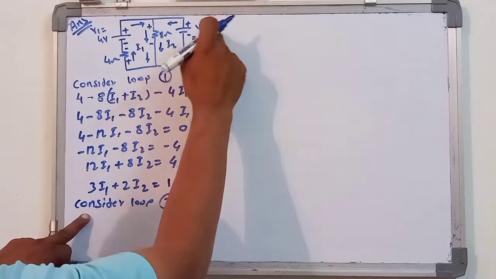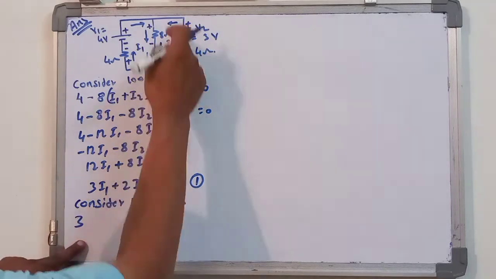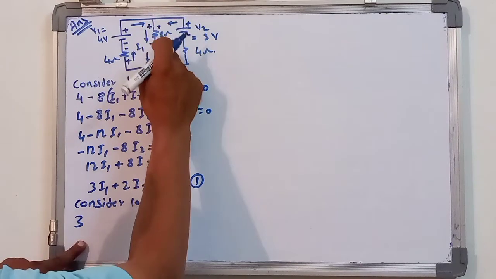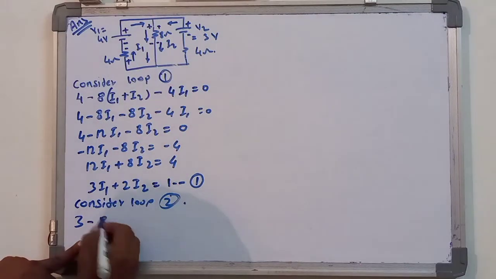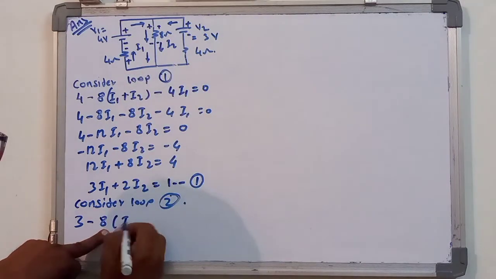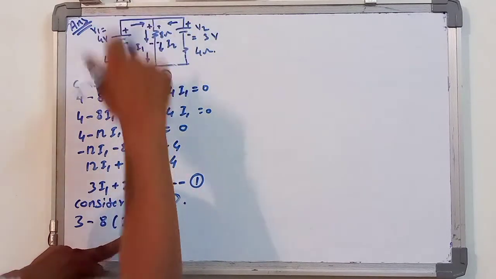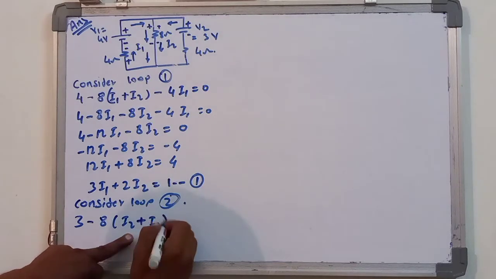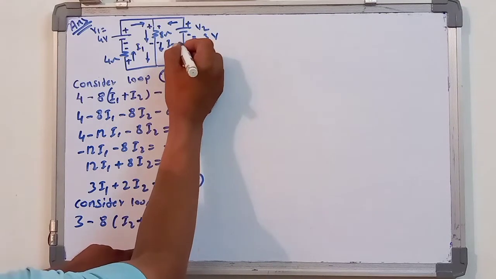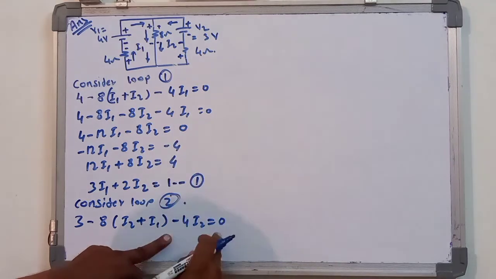Now we have considered the second loop, the voltage which flows is 3, and here again we have marked positive to negative. So minus 8. Now which is the loop which occurred? The first loop, that is I2, in bracket I2, because here in the second loop also current flows. So that's why I2 plus I1 you will be getting. Then what will be the third value? Here positive and here negative, so minus 4 I2 is equal to 0.